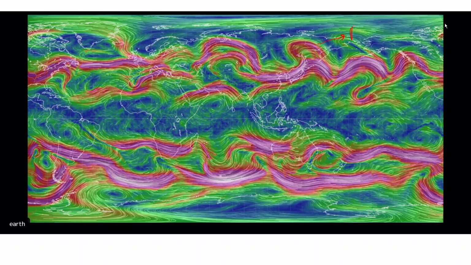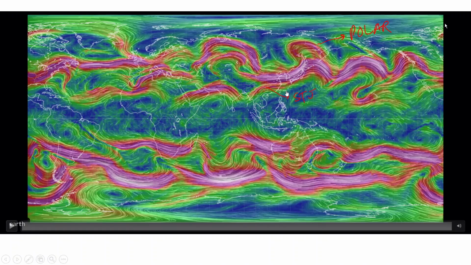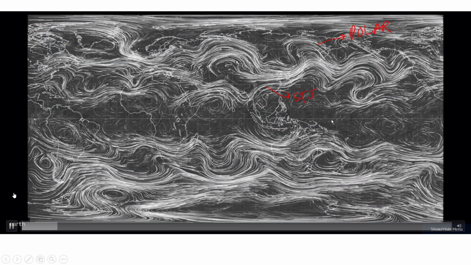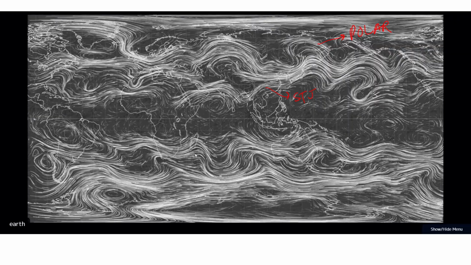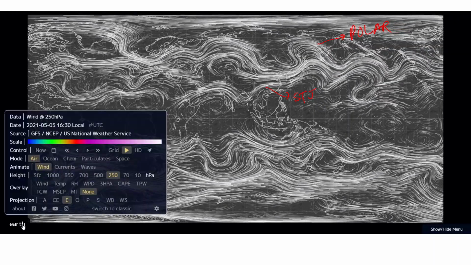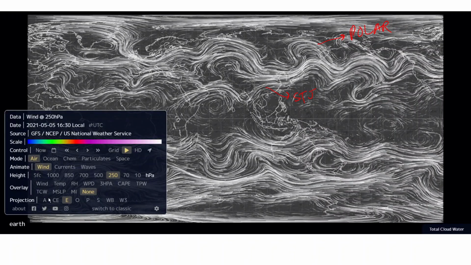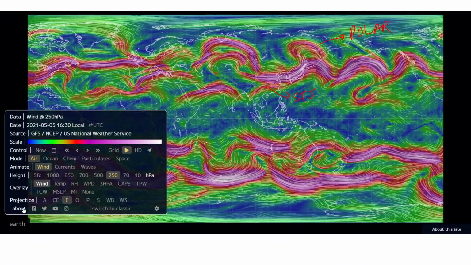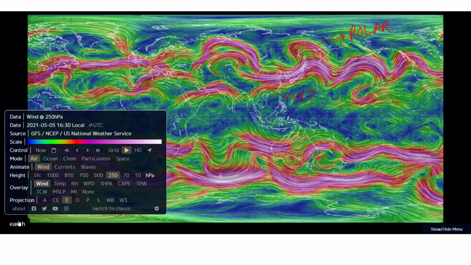These are the polar jet streams, while these, which are in the subtropical regions, are the subtropical jets. Let me play this video once more for you, and then you will see a very interesting pattern over here. The polar jet streams and the subtropical jet streams. If you see over here, you will see that the polar jet streams are showing very sharp bends